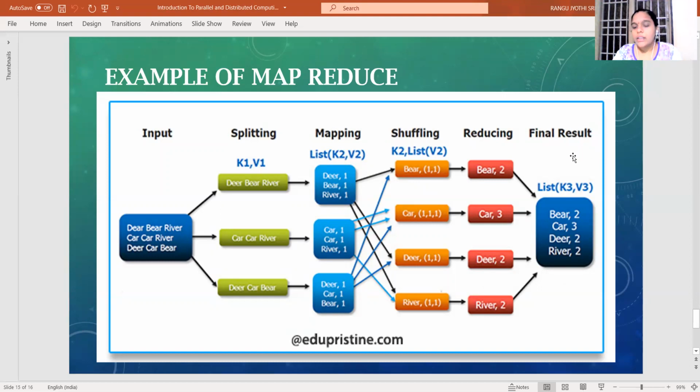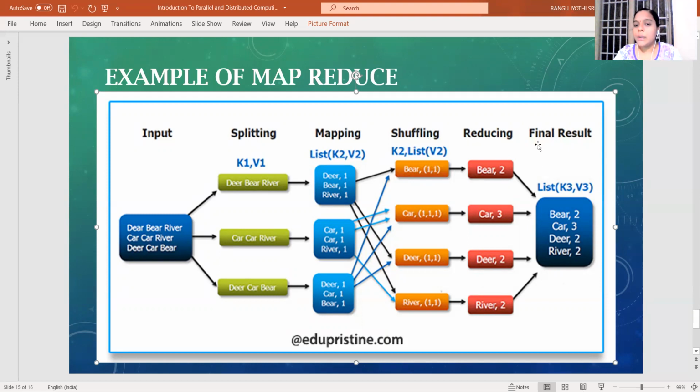After moving the file to the reduce phase, what is the main aim of the reduce phase? The main aim of the reduce phase is to count the frequency of each word from the overall outputs of the shuffling phase. That means it will count how many times the word bear occurs. So it will sum up the list of occurrences from the shuffle phase. Bear, suppose 2 times, 1, 1, means it occurred 2 times. So it will sum up 1 plus 1, 2.